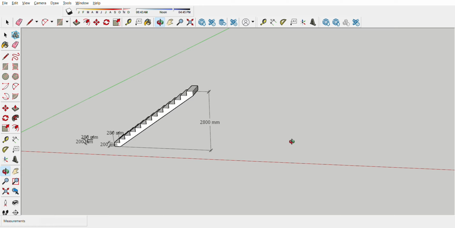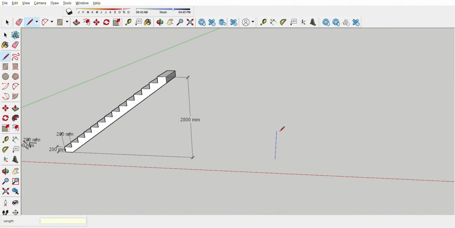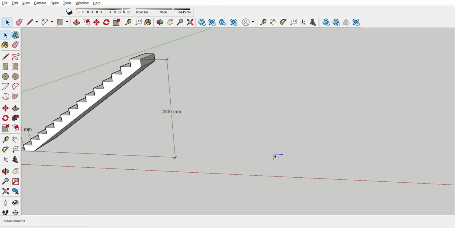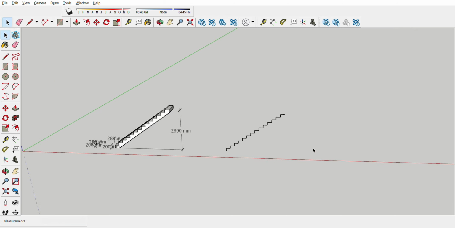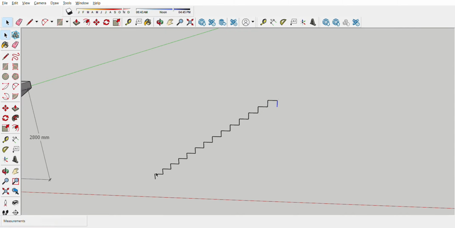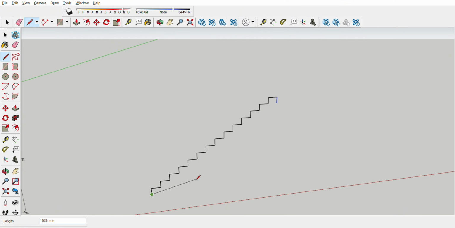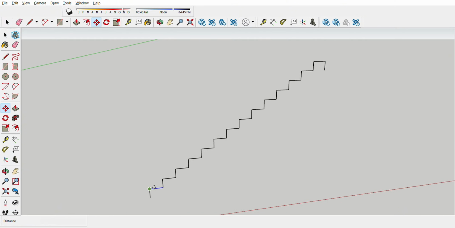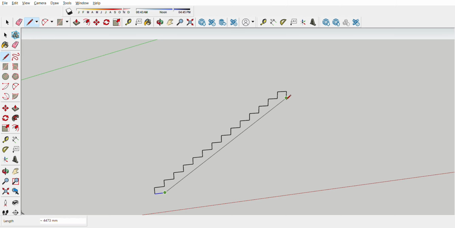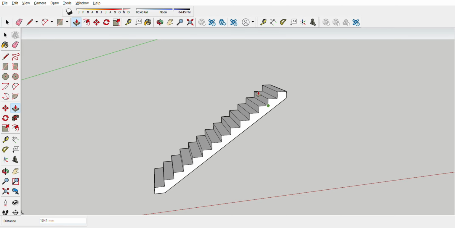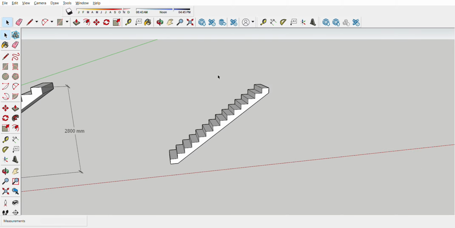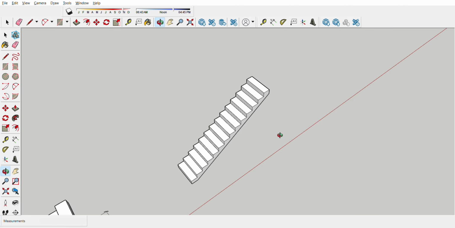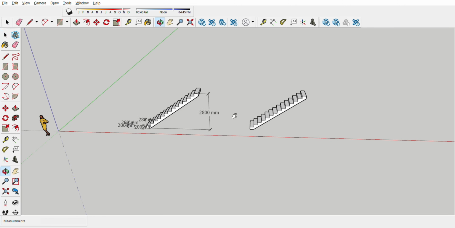This is what I did. So that's it, our stair.